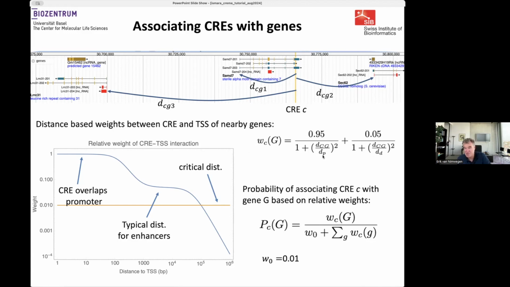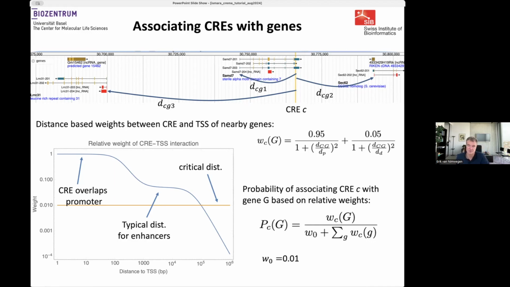The distance d_p is the typical size of a promoter, and this is just a few hundred base pairs. So if the CRE is within a few hundred base pairs of a known transcription start site, then essentially this CRE is in the promoter of that gene. And then we're 95% certain that this CRE will affect that gene. So for CREs that are so close that they're essentially overlapping the promoter of a gene, we're almost certain that